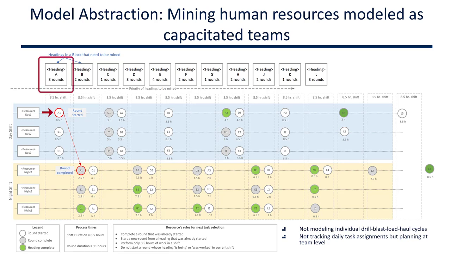So the team starts a round during the day, and the night shift team has to finish it at night. The night crew has to start a new heading and cannot work on round 2 of the same heading A due to end of shift blasting restrictions. So this way, the model picks the highest priority heading and assigns it to open resources. Once a heading reaches 11 hours of work, it is ready for backfilling. The mining teams in the model programmatically select the next round and next heading shift after shift to represent this